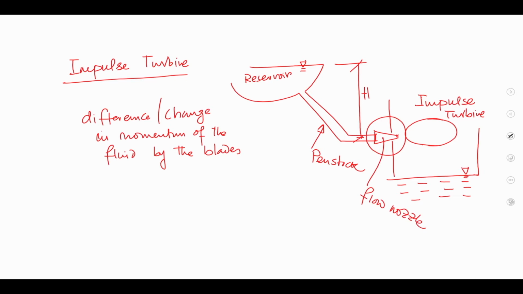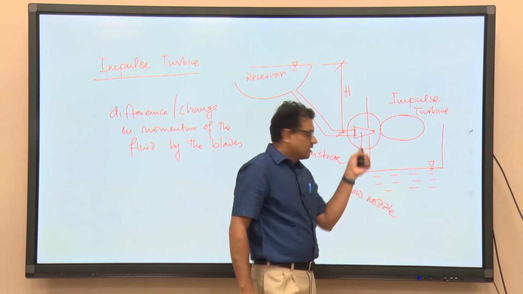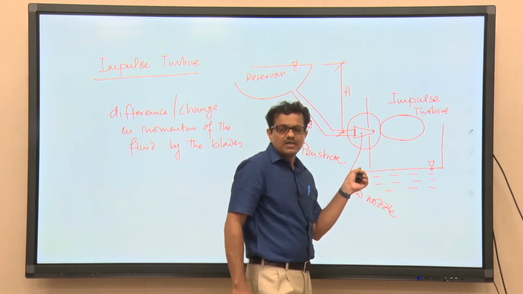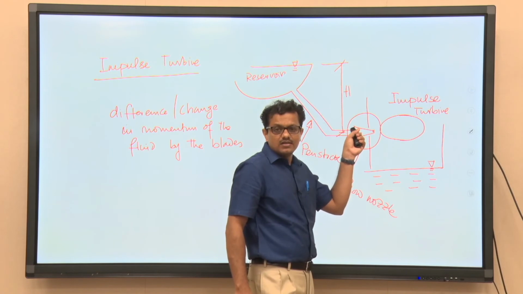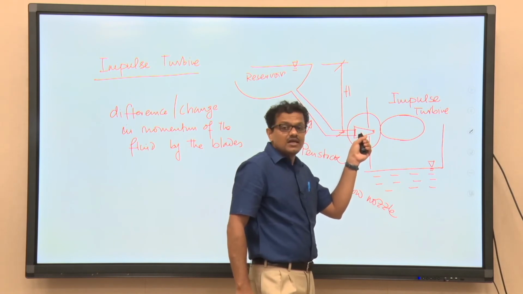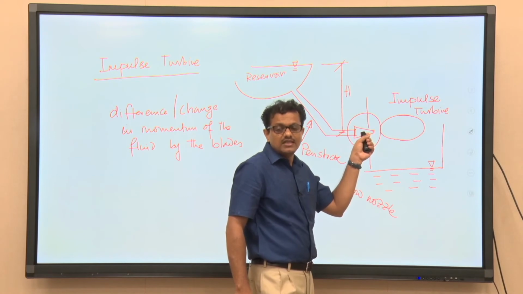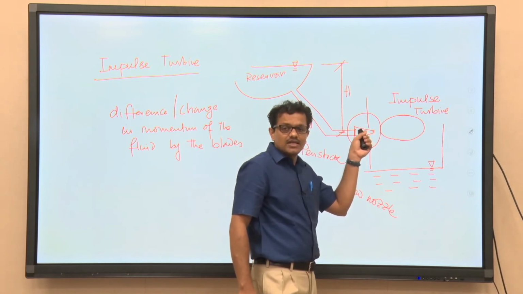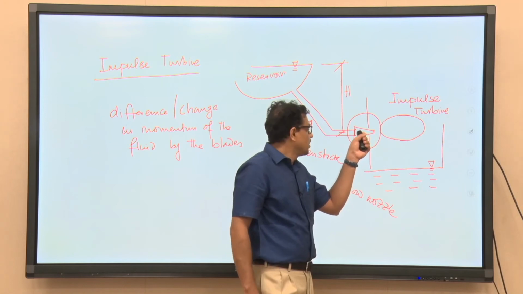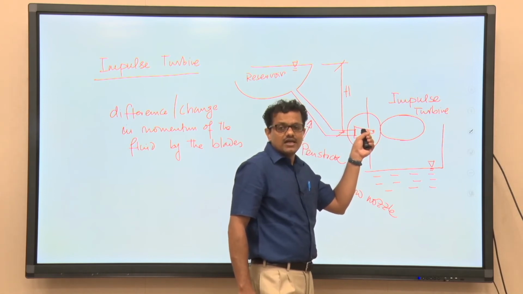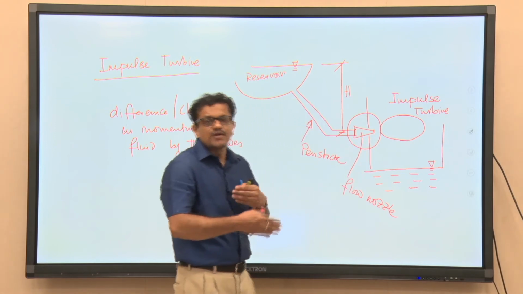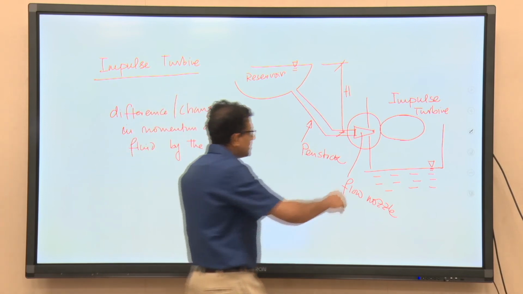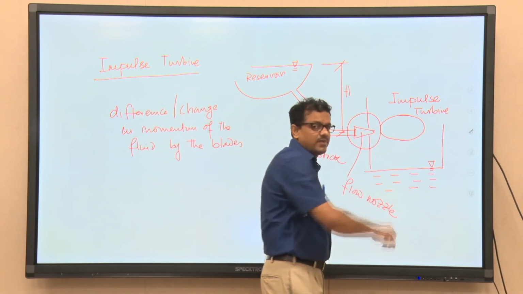What is the objective of having this nozzle? Water will be allowed to pass through this flow nozzle. Water is an incompressible fluid. So, you have studied that this is again a fluidic channel having gradually decreasing cross sectional area in the direction of flow. Since the area decreases gradually in the direction of flow, at the exit of the nozzle, water will come out in the form of a jet, and that jet will be allowed to strike the turbine blades.